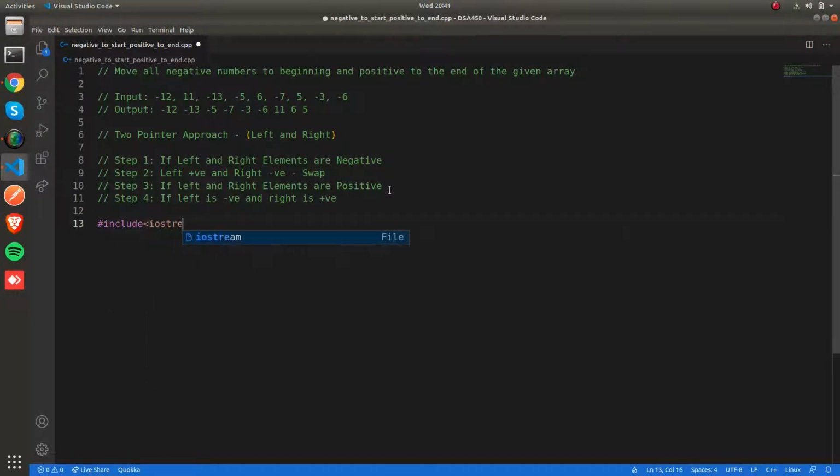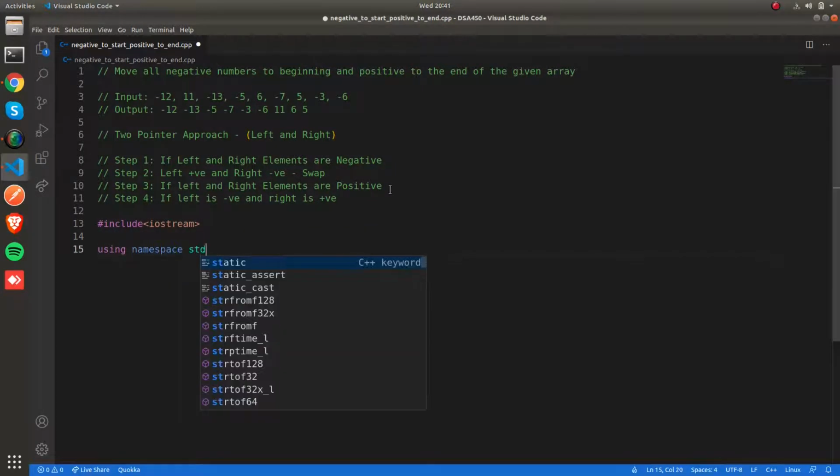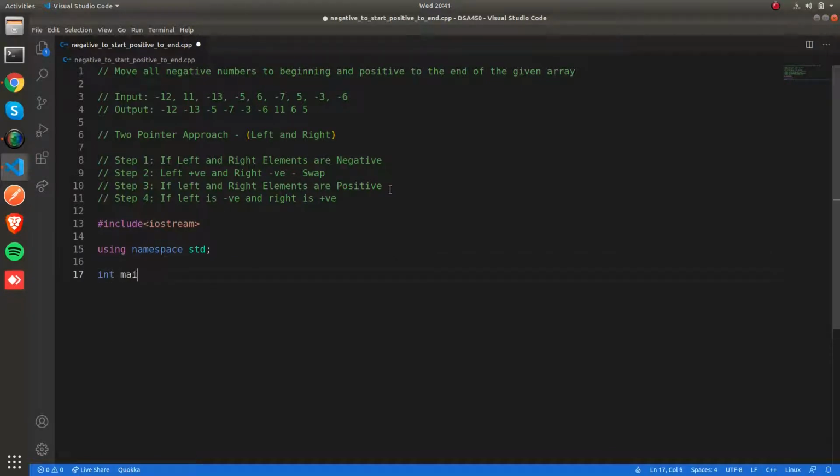So first I'm going to include the IOStream library. So now I'm going to take this array as the input.